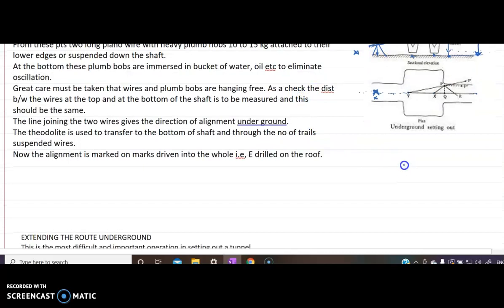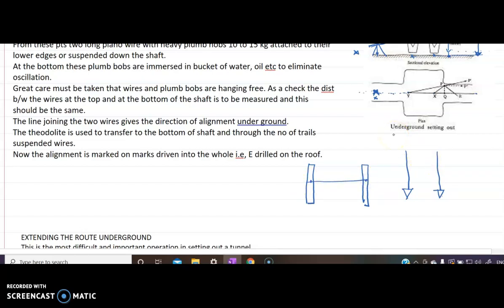Another method is now, these are my piano wires. These are my weights. There is a very simple thing constructed. So there will be a wooden plank. There will be another wooden plank of exactly the same length, and you mark the center lines and you connect a wire here.